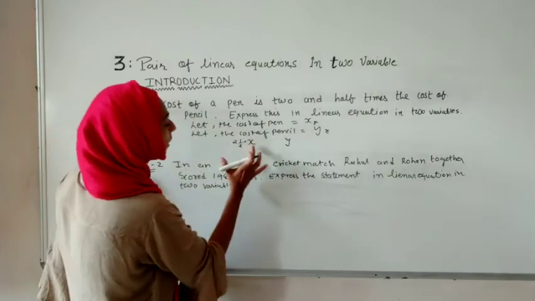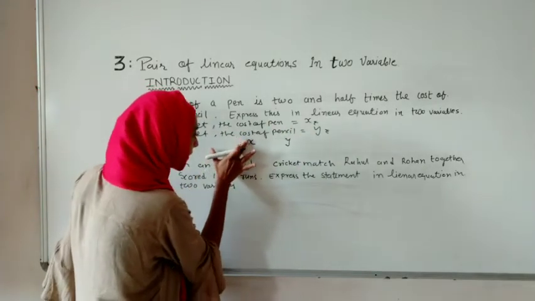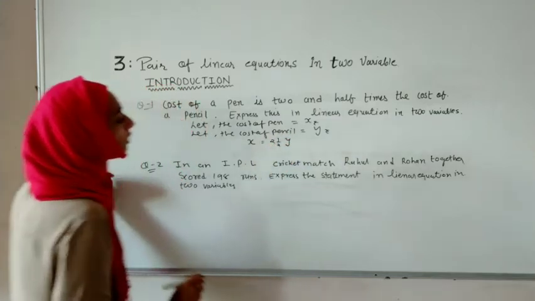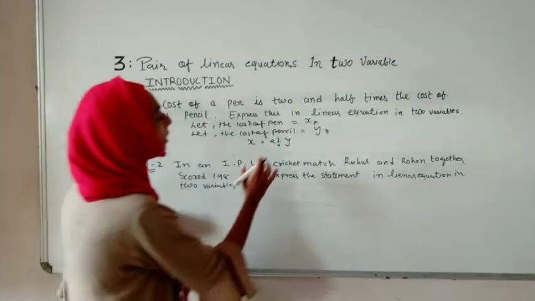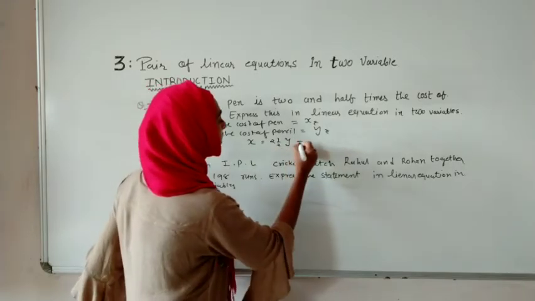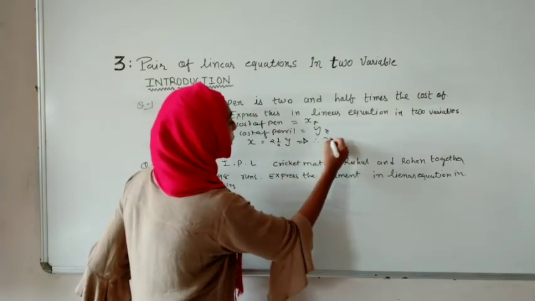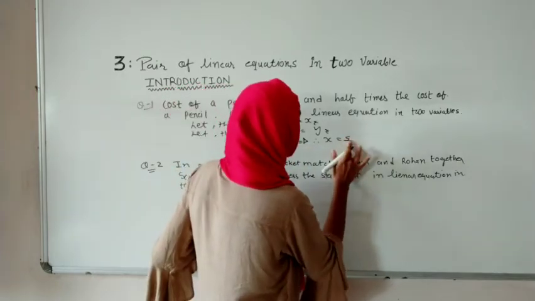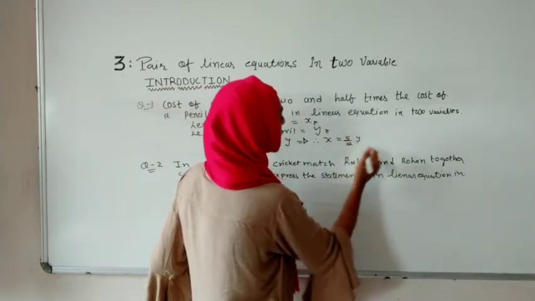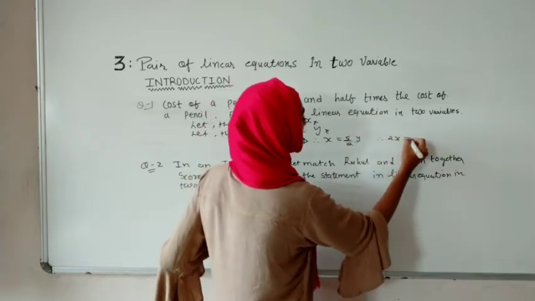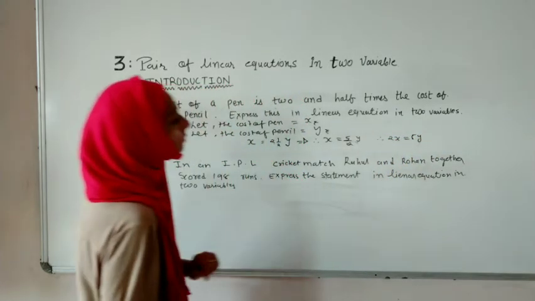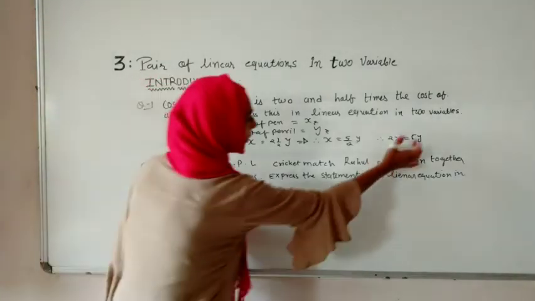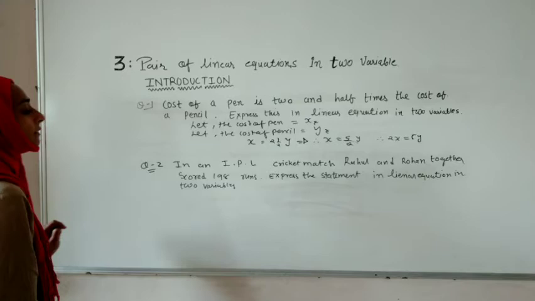Express this. It is already 2.5, so we will not multiply 2.5 here, we will multiply 2.5 on that side of the linear equation and let us try to solve. Means we will convert it into a mixed fraction, so it will look like this. Therefore x equals 2 to the 4 plus 1, 5 by 2y. And if you are solving it, it will look like 2x equals 5y. So this is the linear equation, and if you want to take it out in the form, you have to take this 5y to this side.